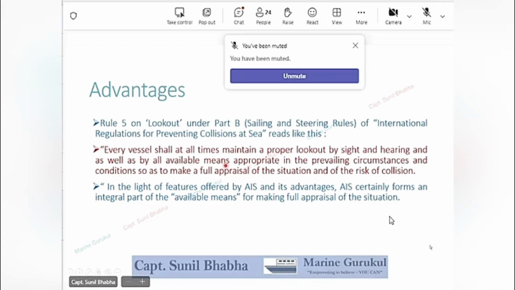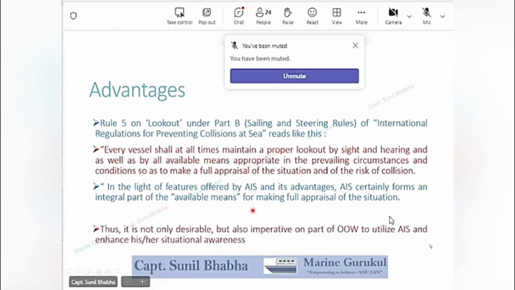Even though it is not specifically mentioned in COLREGs to be used, these all available means give us a lead to utilizing the AIS information. So in the light of features offered by AIS and its advantages, it certainly forms an integral part of the available means for making full appraisal of the situation. Thus, it is not only desirable but also imperative on the part of the OOW to utilize AIS and enhance his or her situational awareness.